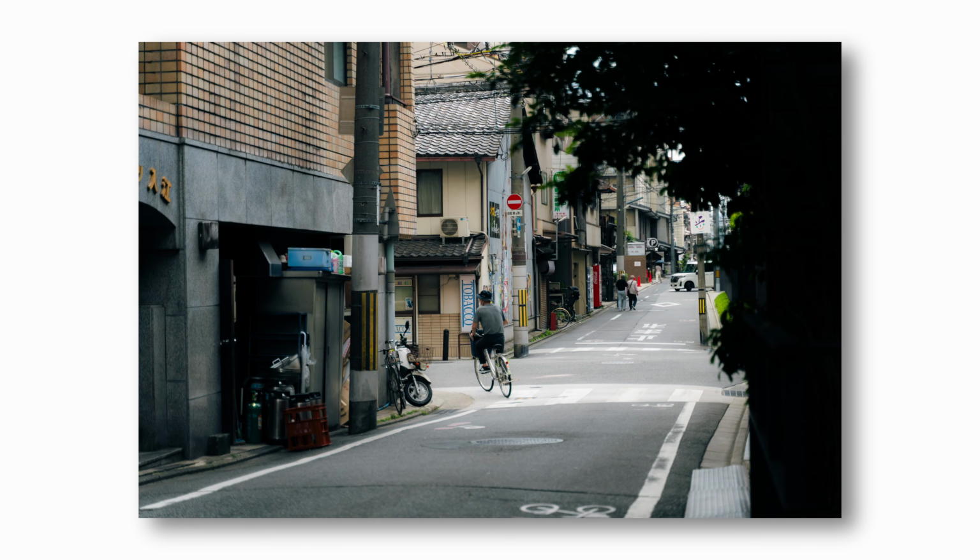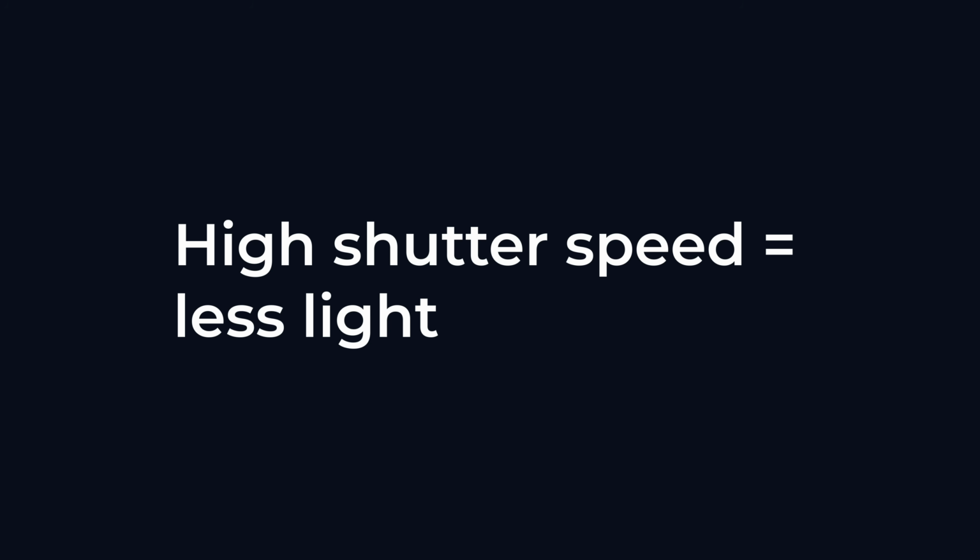And when it comes to faster moving subjects like bicycles, for example, or cars, I usually use 1/500 or 1/1000. But you don't want to overdo it when it comes to a high shutter speed, because remember, the faster your shutter speed is, the less light comes into your camera. So if you have a shutter speed that is too high, you might end up with an image that is